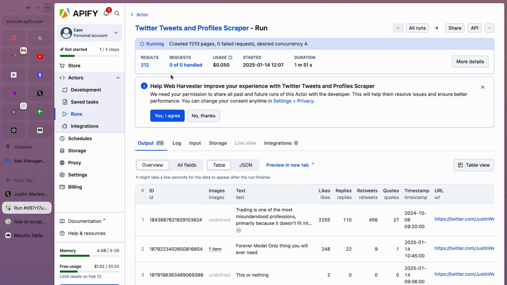So we're at 212 results so far. It's cost us 5 cents. So this data is going to help you make creative for ads. Correct, yeah. You might be able to directly use some of these tweets for ads, but it's like, obviously